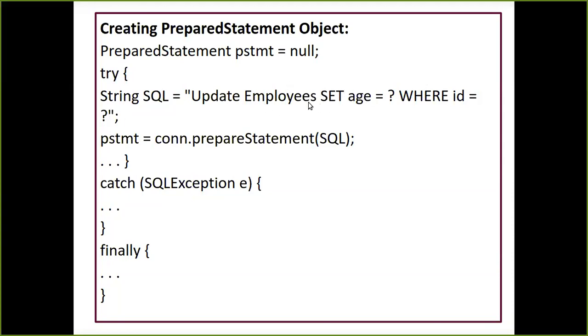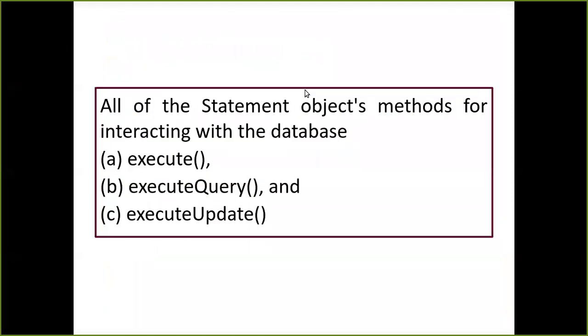So this query is going to update the particular id, say for example id number 5, and the age is going to be reflected into that particular row. The row is going to be found by your SQL query. So id is equals to 5, it is going to find that first, then go to the column called age, and update the value which is going to come over here in the question mark from the client end. This is how you're going to create an object and write dynamic statements.